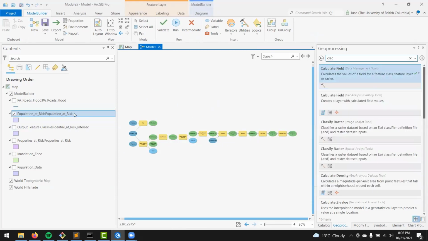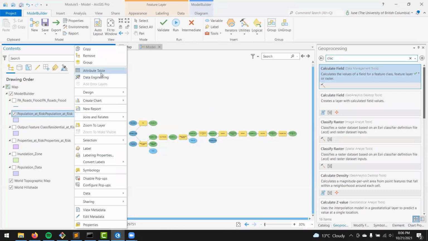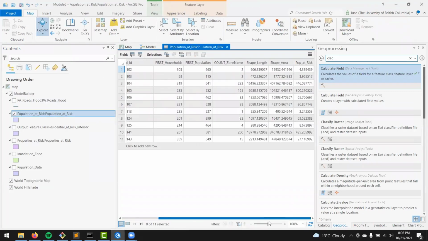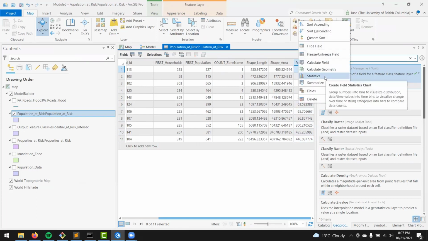Close this, open the attribute table for population at risk. And now we've got that column, right? So we can sort it. And so remember that point that I said in lecture about populations can't really be decimals. You can't have fractions of people, but this is just an estimate. So it's okay to have fractions. And if we want to calculate the statistics, we could get the sum to figure out the total number of estimated people. And so if you're going to give a quote for this estimate, you would just want to round